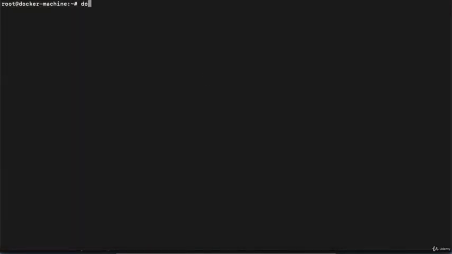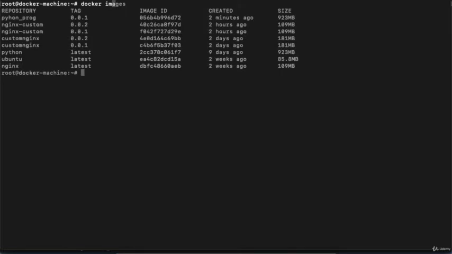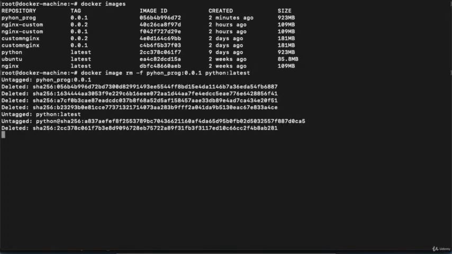So to delete the image, first I will list out the images, right? And I will execute a command docker image rm -f for the force. Then I need to define my image name, which is Python program version. And suppose I want to delete this Python program as well, which I just downloaded. Hit enter. So you can see the image and corresponding containers are being deleted, right? If I again execute the command docker images, I will not find these,